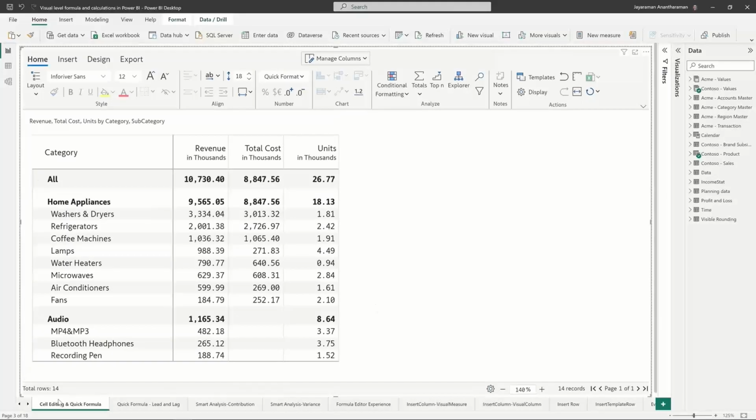The first thing I'm going to show you is how you can edit values, right? And that's why I have taken this report so that there is no cost data for the audio category and its subcategory. So when you get a report like this and you know where the category is actually fair and you're more keen on looking at what kind of margins this can generate. Of course, we need to add margins here, but to calculate margin,